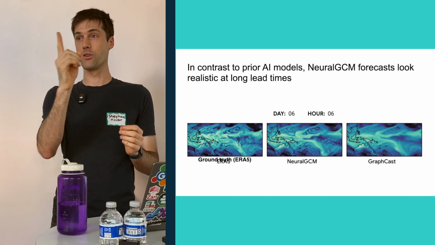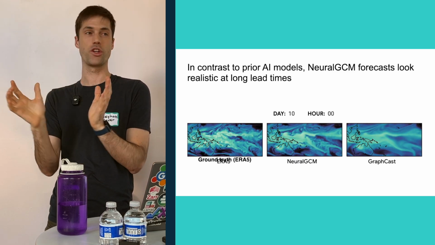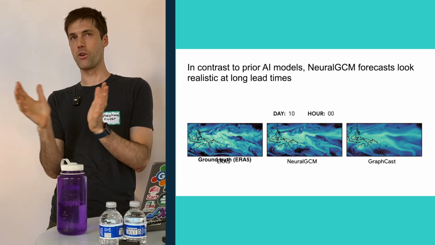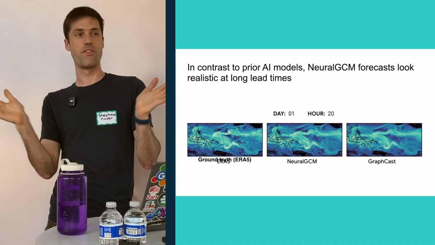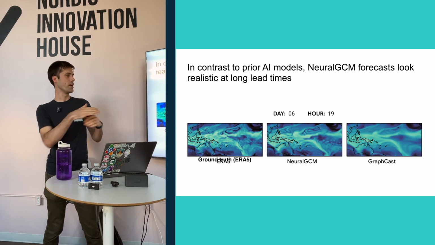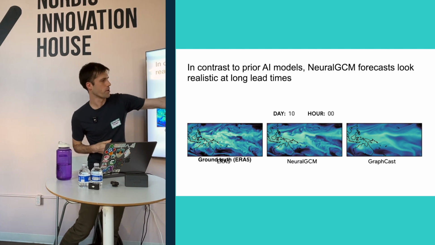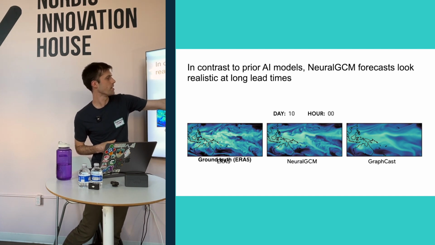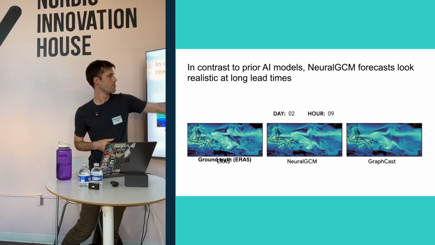If you can only make a single number, your best guess is always going to be kind of average. You're not really rewarded for predicting a storm, even if there might be one next week. If you predict it on the wrong day, you'll have a very large loss in your model. Most of these deterministic AI models tend to make really blurry predictions, and you can see this here. One of these models on the right, after 10 days, is a lot blurrier than on day one of that forecast. Initially it's sharp and then it gets really blurry.